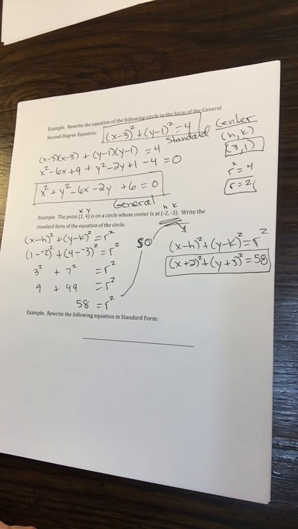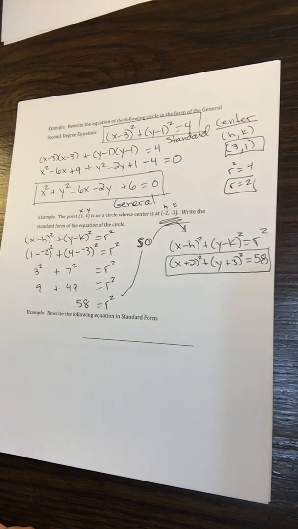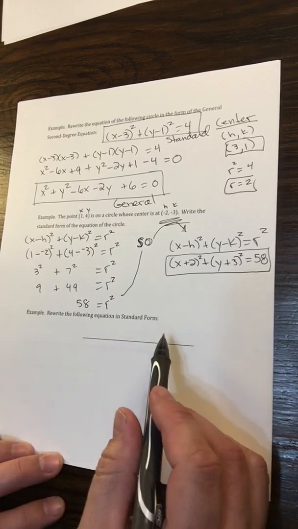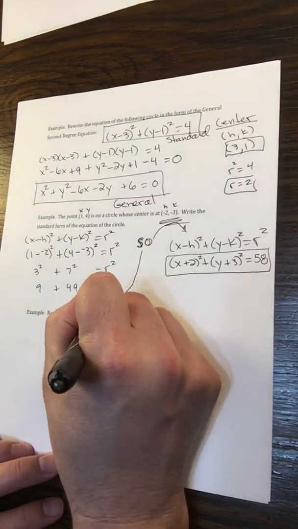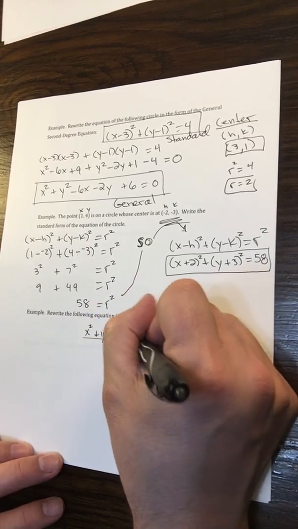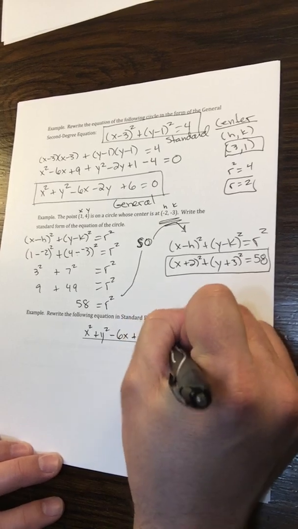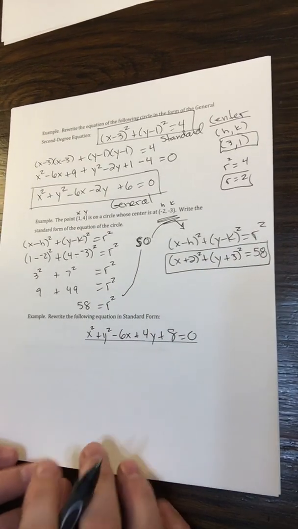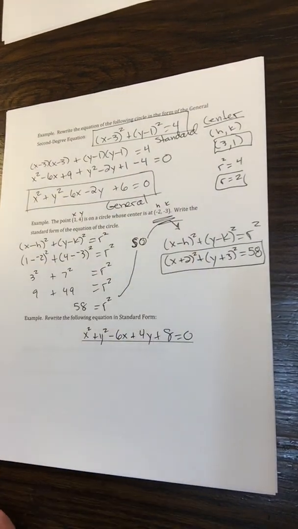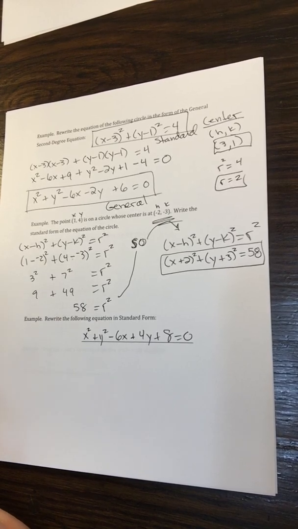Okay, here's where you might get a little mad. I'm going to say a phrase you're not going to enjoy. I've already said this phrase once. You actually got pretty good at this in the first semester. This says rewrite the following equation in standard form. X squared, I'm a little hesitant to even say this word out loud because you're going to have an emotional reaction to me saying this word out loud. So brace yourselves. We're going to get that to look like that. We're going to have to complete the square